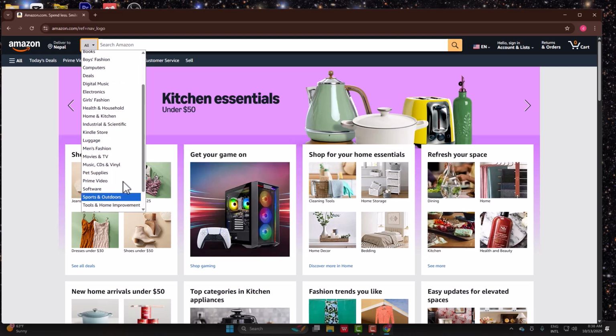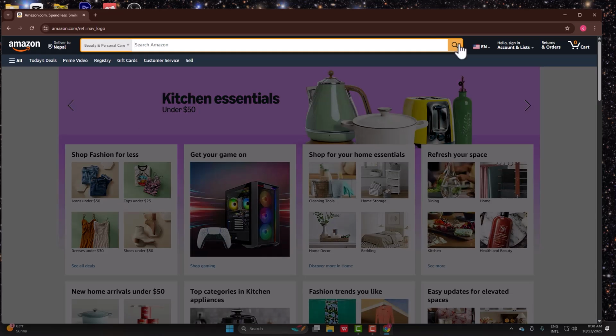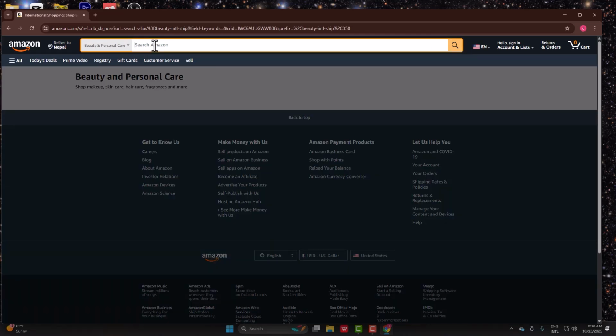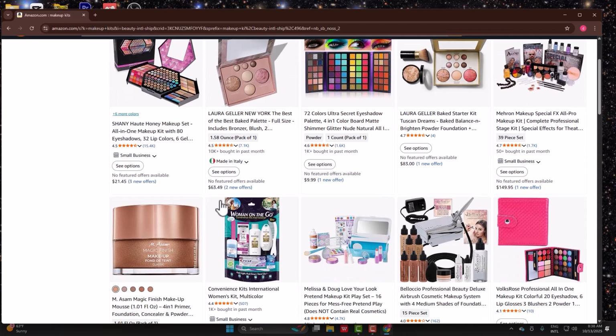So for example, you want to buy some kind of girls fashion or even makeup, so you can just click on beauty and personal care and just go ahead and search. Over here you can search for makeup. So for example, if you want makeup kits, there you go, it's going to show you all the options that's